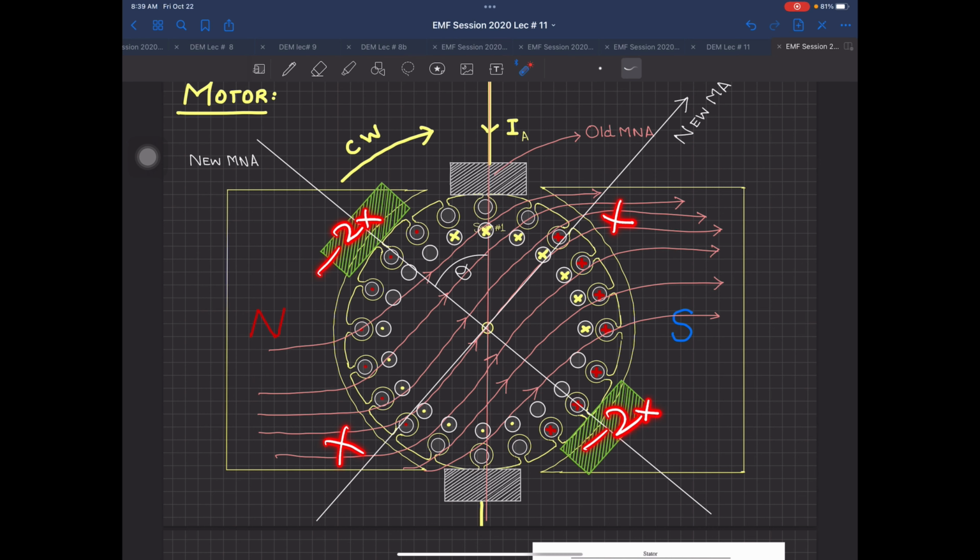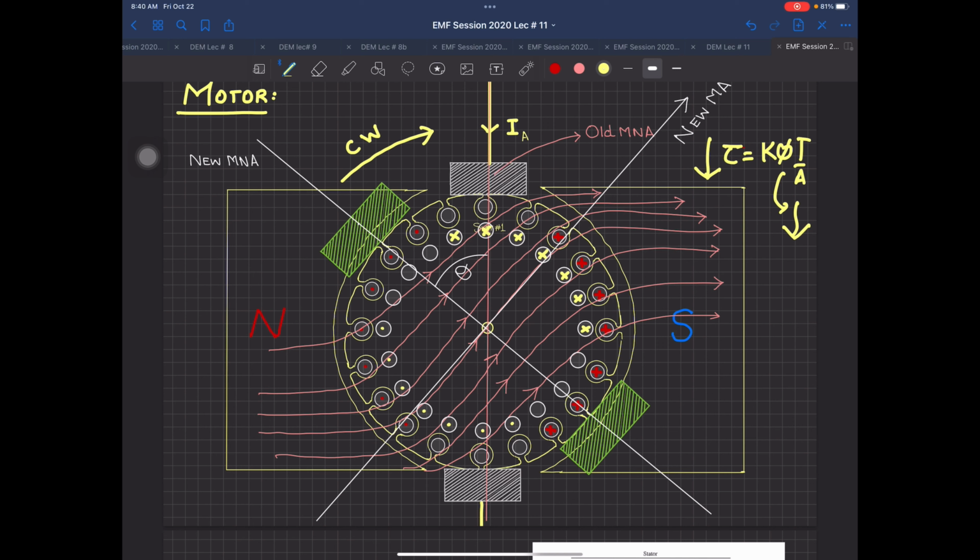So when you are trying to find out the net flux of this machine, it is decreasing. What does this mean? If you have a motor, this is a motor case, what is going to happen? The torque equation, which we just proved in the last lecture, is equal to K phi Ia. Your flux phi is decreasing, so the torque of your machine will also decrease. So your motor phenomena is not just having sparking and problems of heating, it's also having an effect on your output parameters.